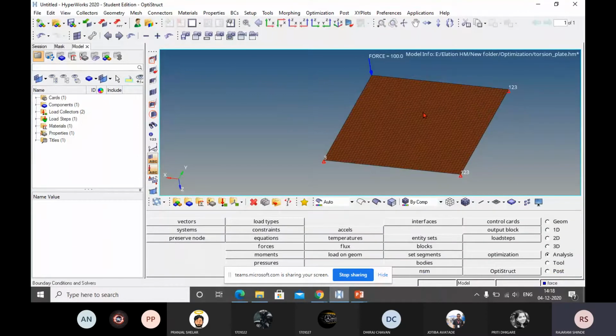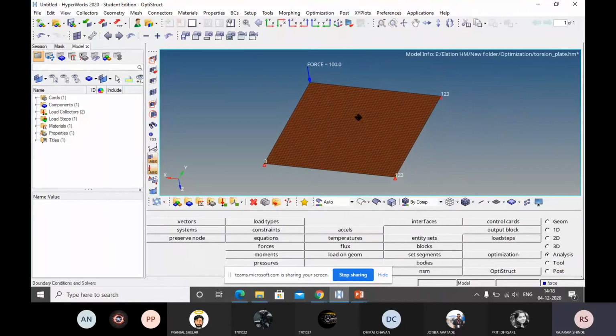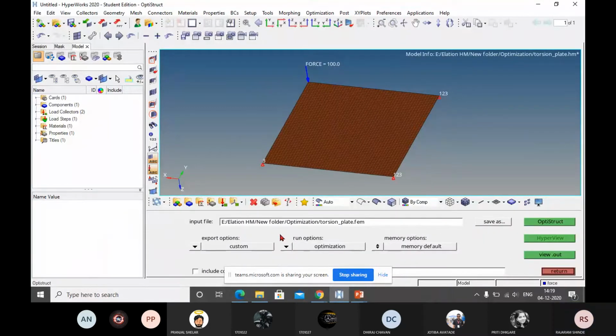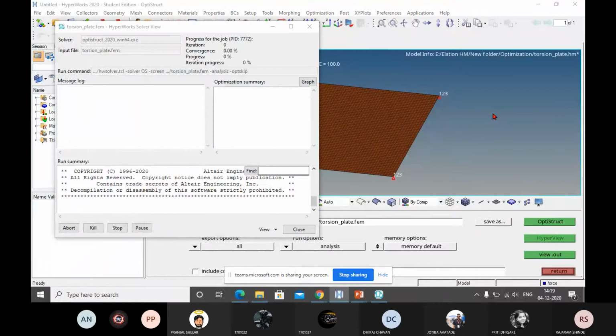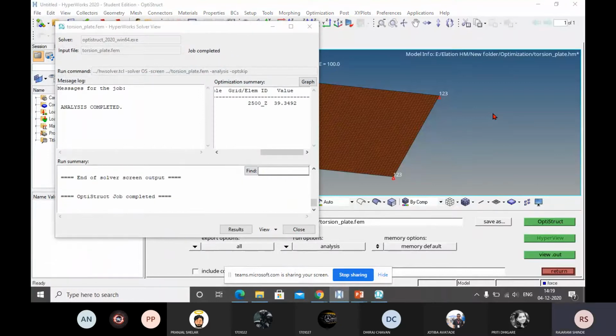Now I will check the results here, and then I will go for the optimization. Everything for analysis is defined. I will just solve it. Now I will make all this as an analysis and click on OptiStruct. Analysis is completed.